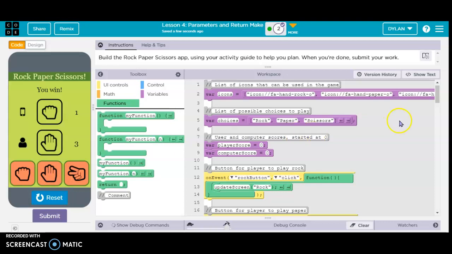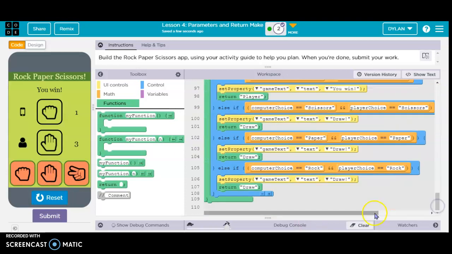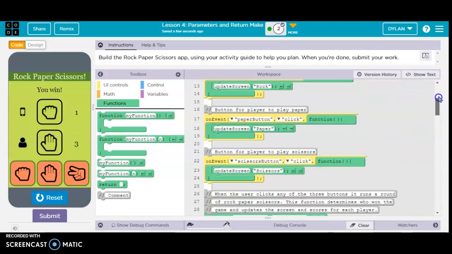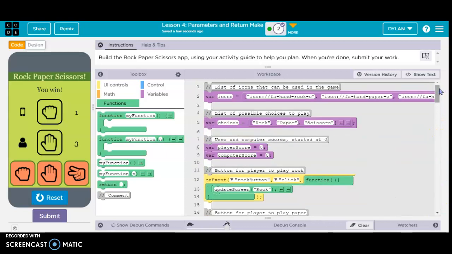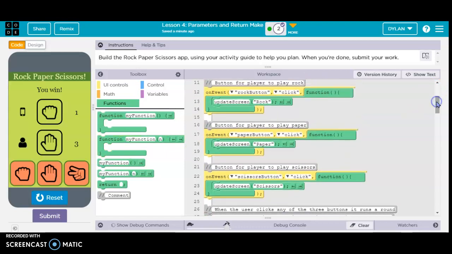I win again. So the way this works is that it has two lists, one for the icon image and one for the words, rock, paper, scissors. And then it has two variables which keep the score of the player at 0, which at the beginning the score is going to be 0, of course. Next is 3 event blocks, which on event that you press rock, paper, or scissors,